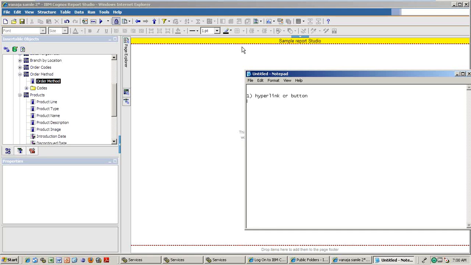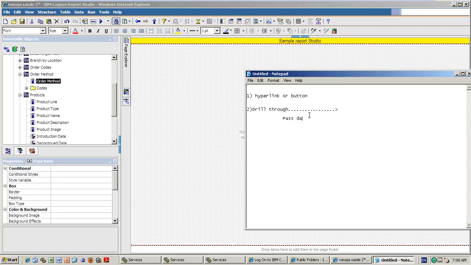This is one. The next one is how we can go from one report to another report through drill throughs. Drill through reports. There are three types in the drill throughs. One is pass data item, pass parameter, do not pass anything.